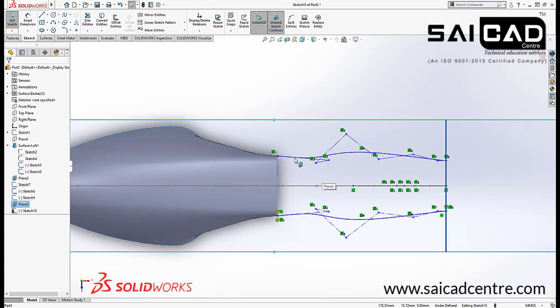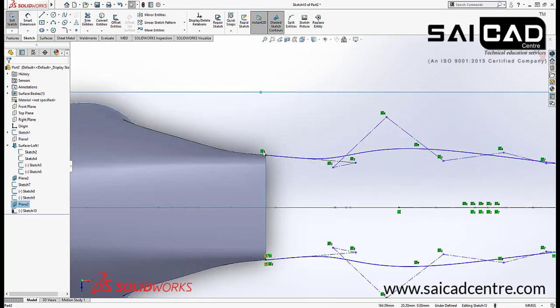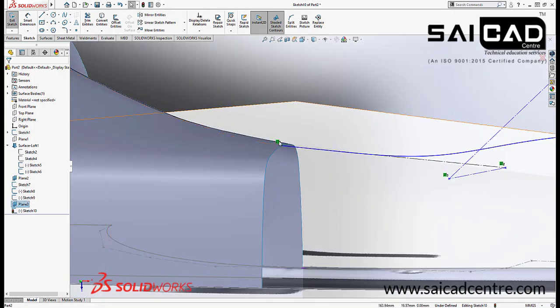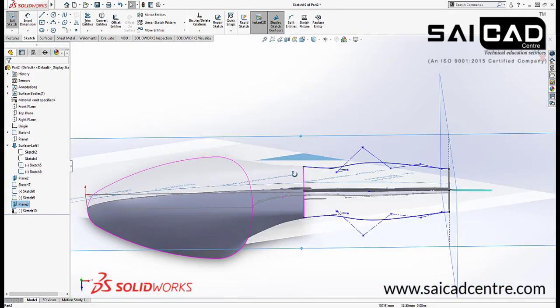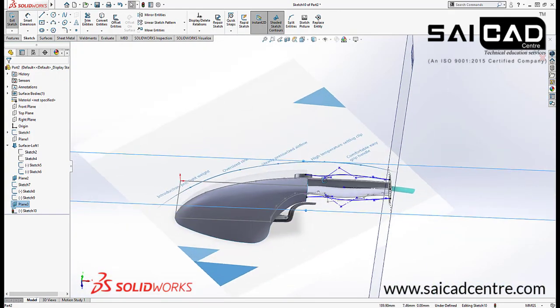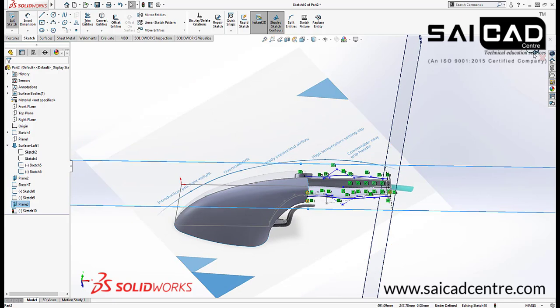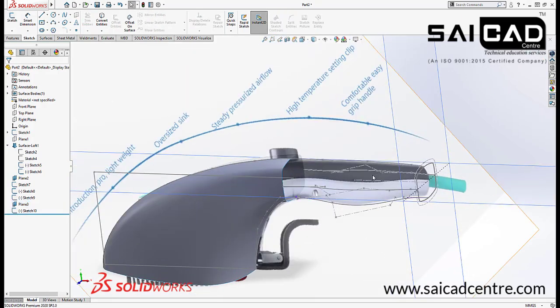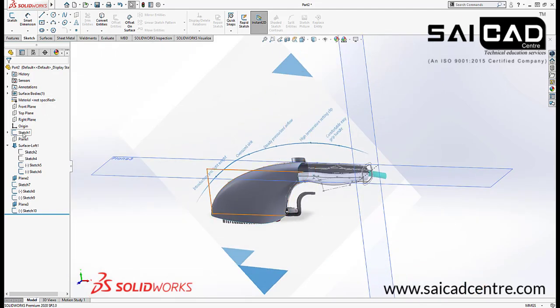If you want to add the relation, just delete the relation first. Okay, although it's symmetrical, so it will be again equal to this one, so I will just leave it right here and exit out. So now we got the four shapes, and just turn off the